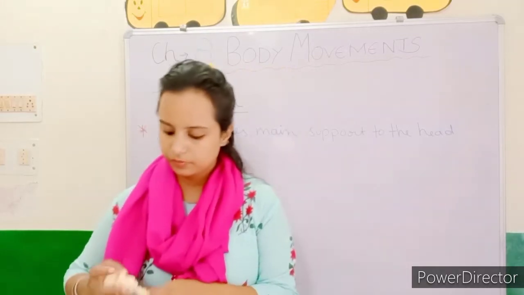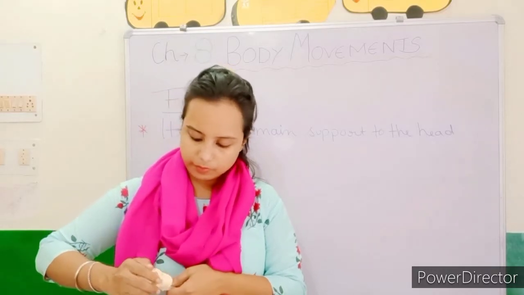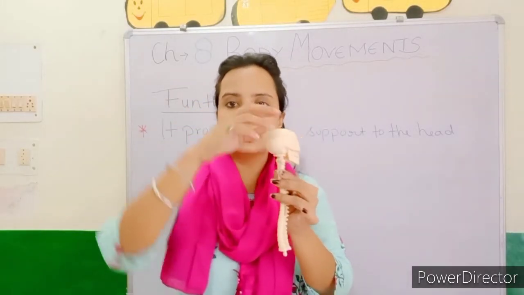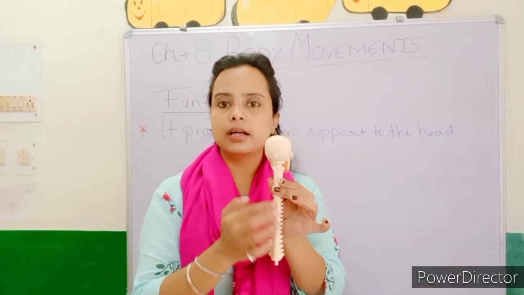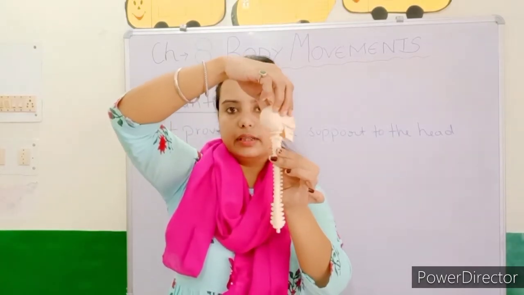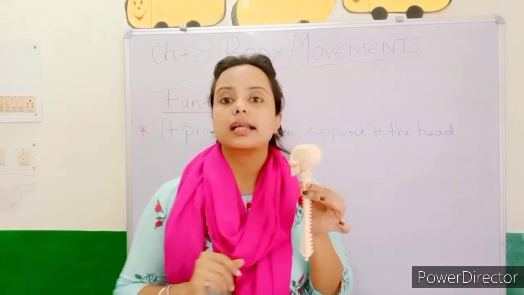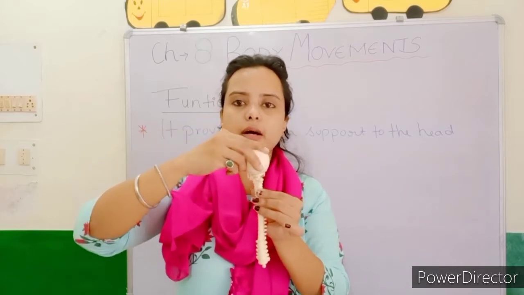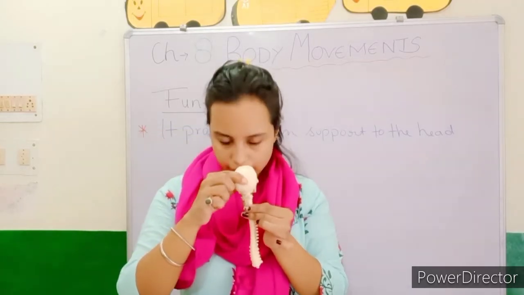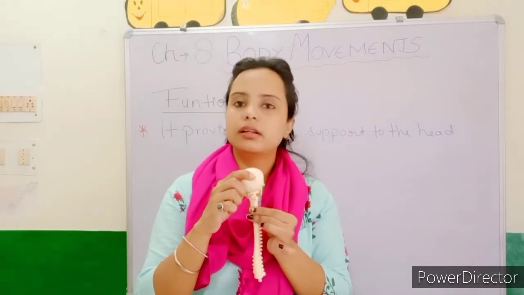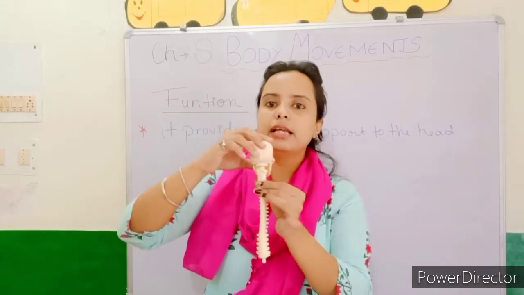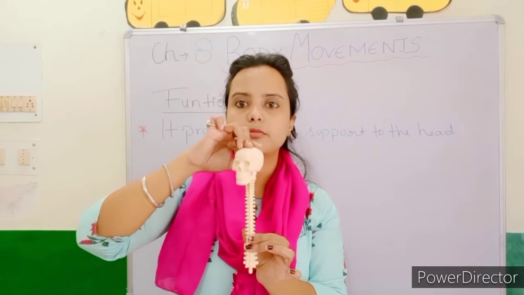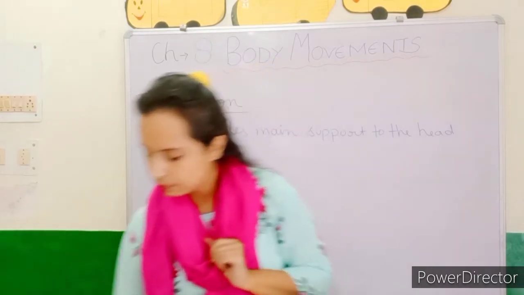From here you can see that this is a skull, the head is present here, and it gives a support to the head. Now from here you can see the movement, which is known as the pivot joint. Left and right and up and down it can move, the head we can move like this. So it provides main support to our head, like this the movement you can see. So this is the first function